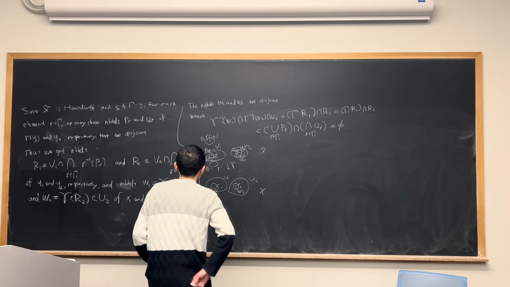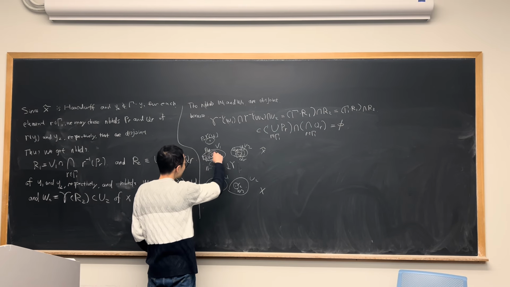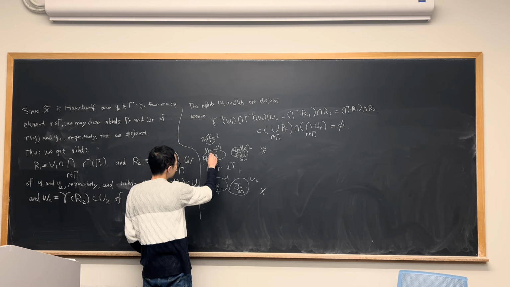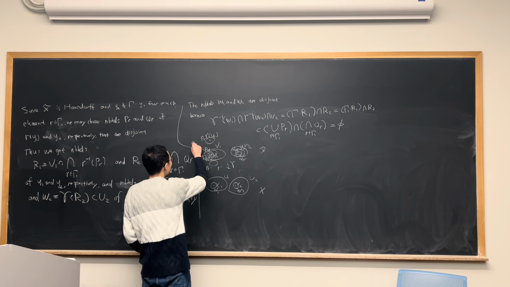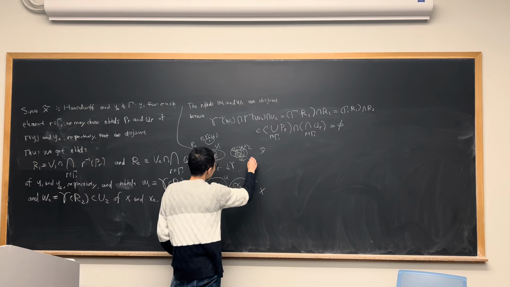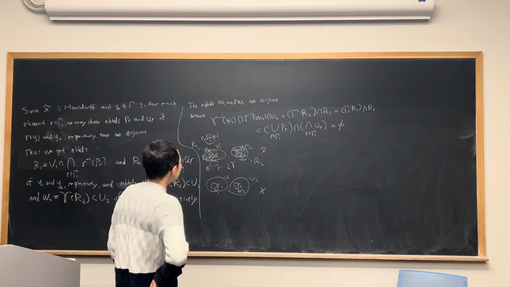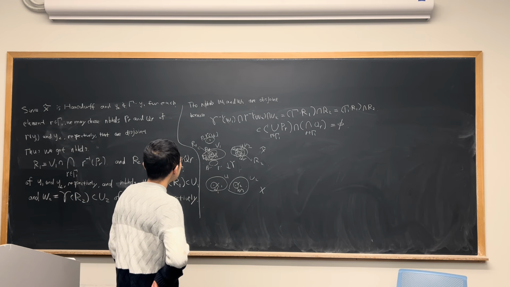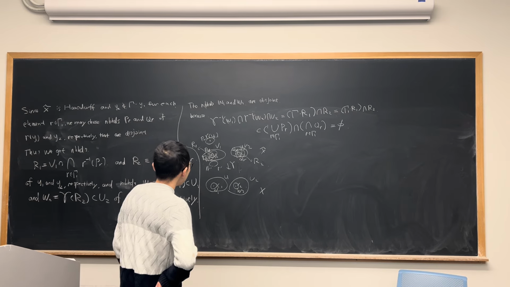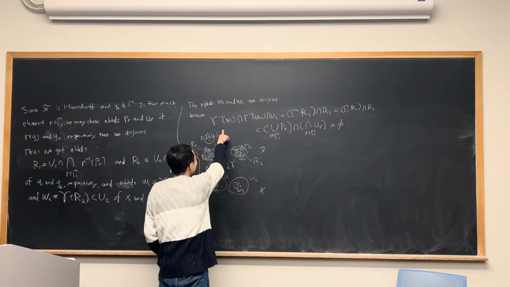So imagine you take everything out of the intersection. The things that you get here are this R1, and then everything left, imagine you take out the intersection, and here you get R2. I want to show that this gamma inverse of W